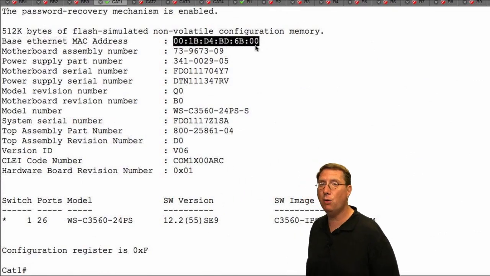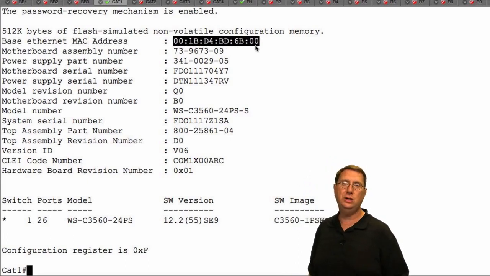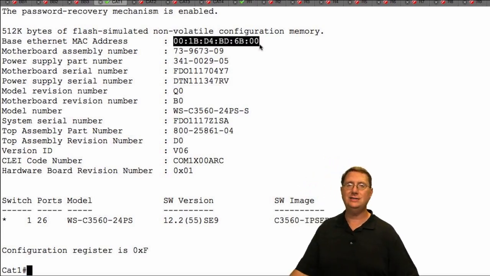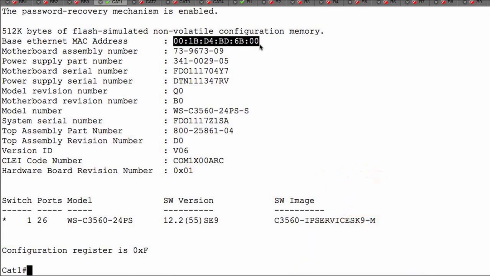So the first gigabit port was 6B01, the second one was 2, and the first 2 Ethernet interfaces were 3 and 4. So this is basically the seed calculation for every interface that exists on this particular device. Now, it's going to be very handy for us to know where to find that information, and how that information impacts